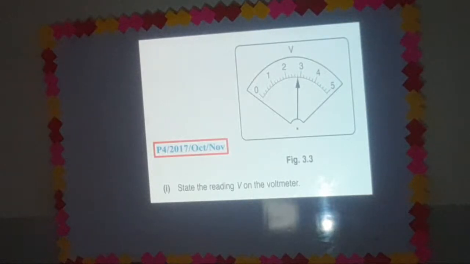I'm also observing your attendance. Waiting for your answer. What is the reading on the voltmeter here in this case? The reading on the voltmeter is